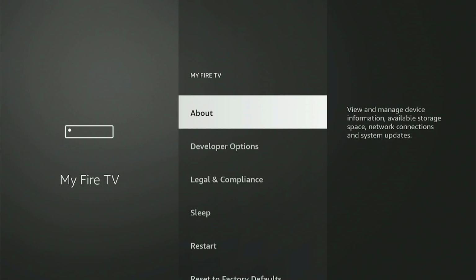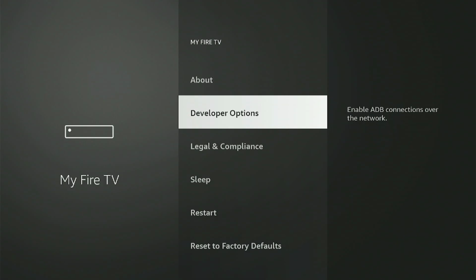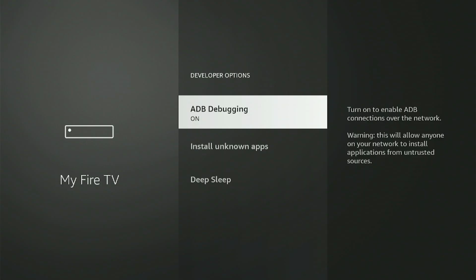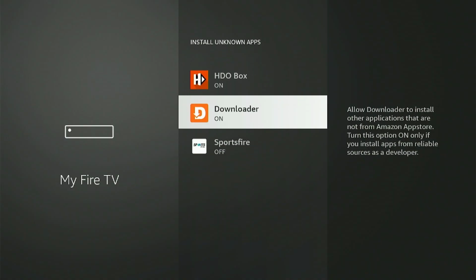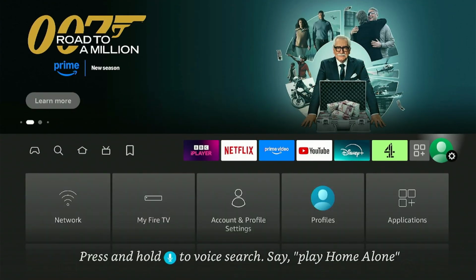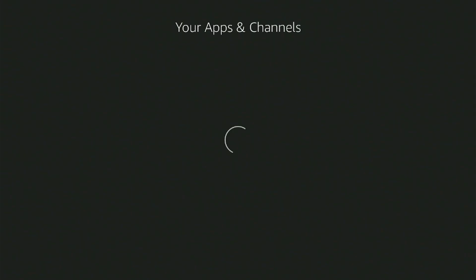So once you see that and once you have the developer option, we can then ensure that ADB debugging is on, go to install unknown apps and just ensure that this is switched on for downloader. Once you have downloader installed, we can open it up by going to our apps,